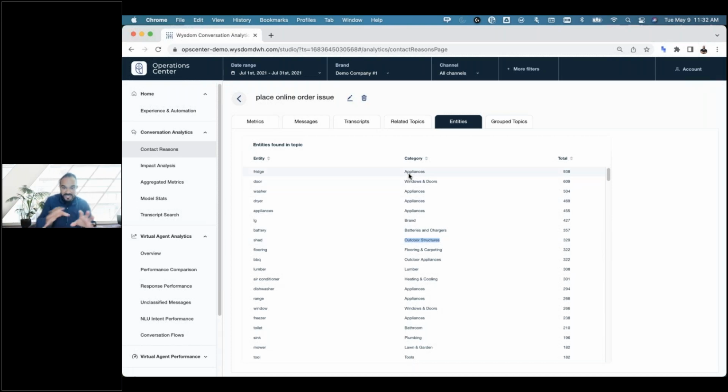Using this, I can actually start segmenting it. So I'm looking at my volume, and amongst my top 5, you can see the majority of them are appliances. So I've got fridge at 930, washer at 500, dryer at 469. And now I've got the evidence to say, let's put some of these into an intent that would handle, or use the entities in your bot platform to say, handle this a certain way and handle the other a certain way, because I've got different ways my business might want to accommodate problems. So I've got another intent, and I've got finer and finer ways of handling my customer inquiries.